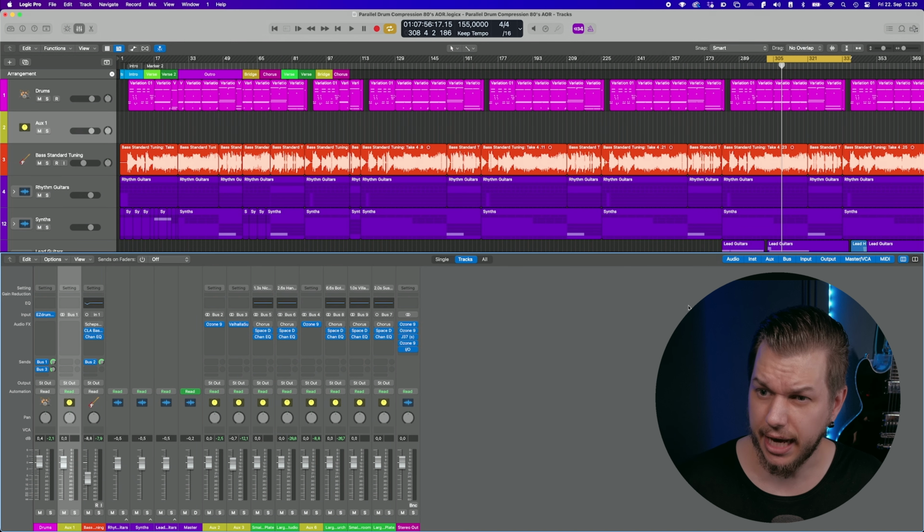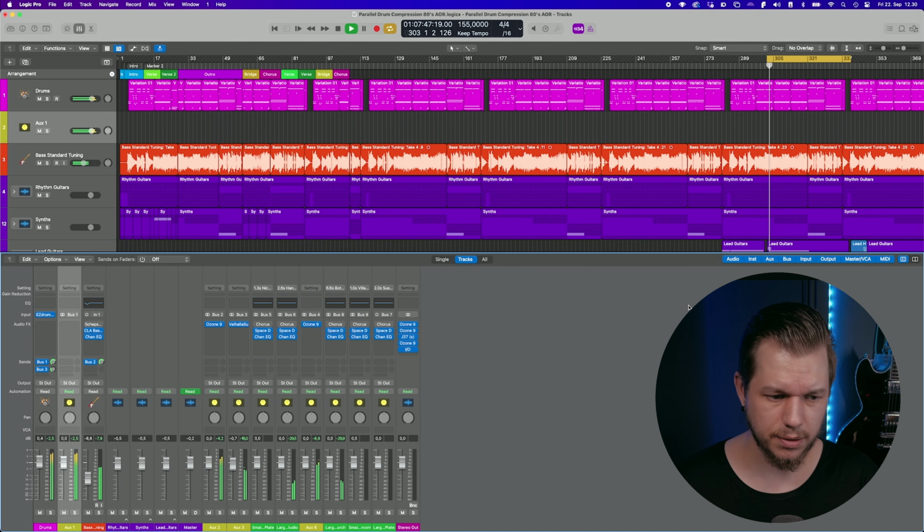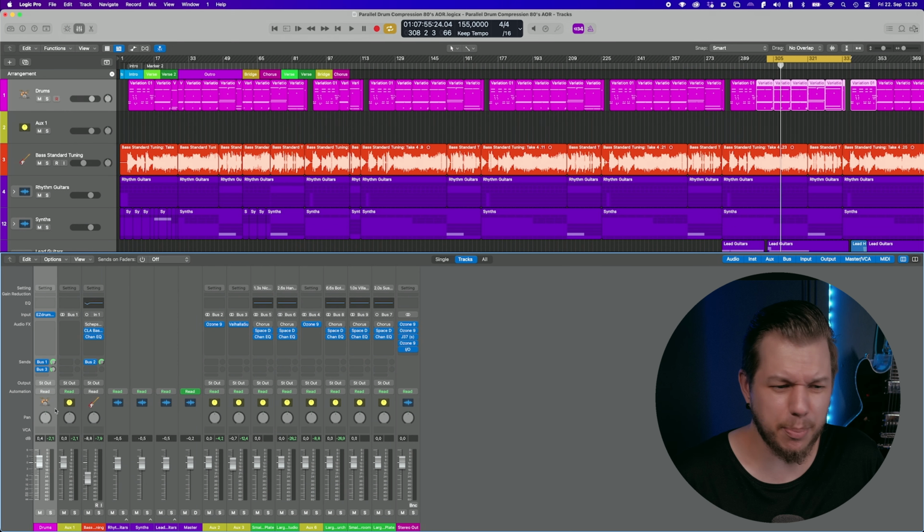And if we take a listen now, the drums are obviously now louder, but it's because we are taking the drums and then kind of copying them, and both of the drum tracks are playing. So yeah, it's going to be louder, but that's not all we want to do here.